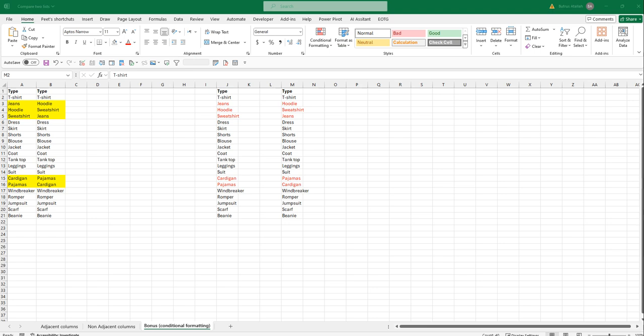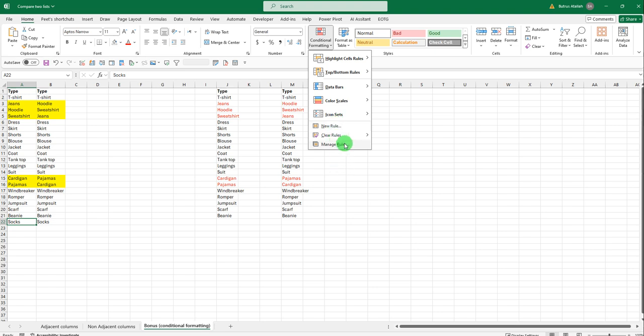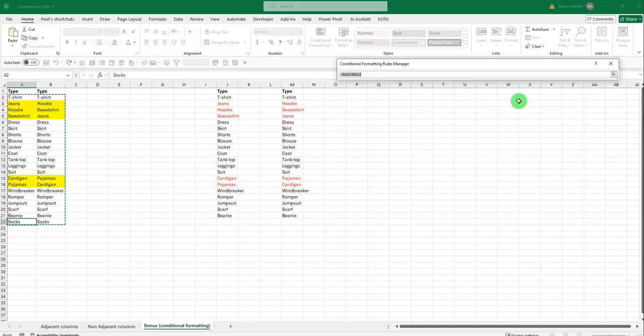Always bear in mind that if you are not applying the conditional formatting to a table and you add more data, like here for example, I'm going to add socks, you always need to update the range in the conditional formatting in Manage Rules and check if it's covering the whole range.